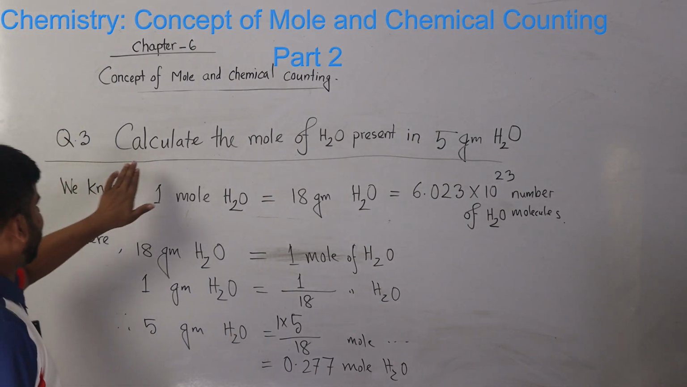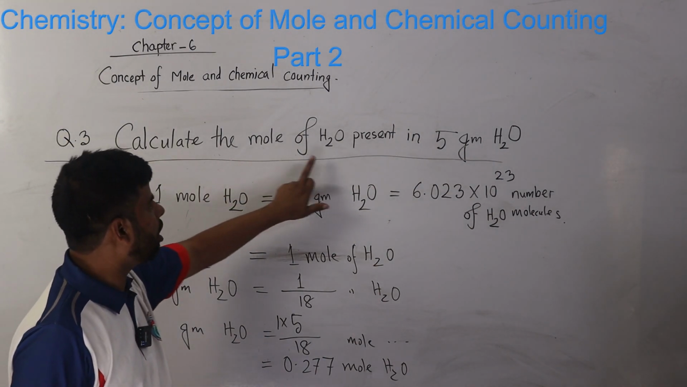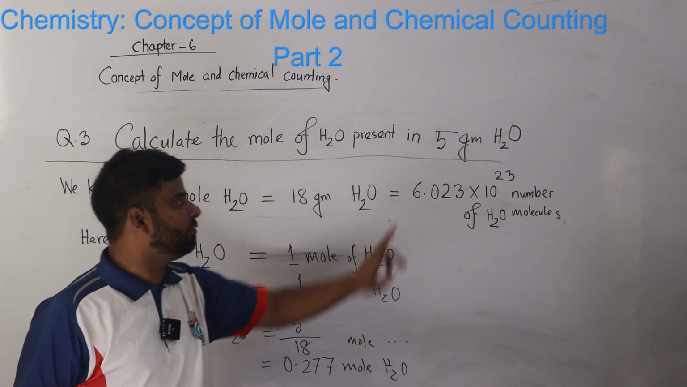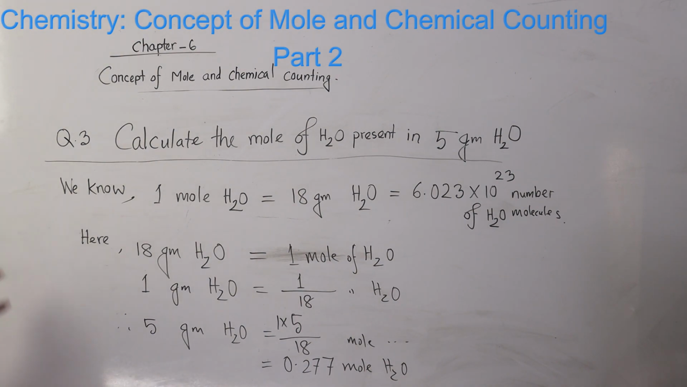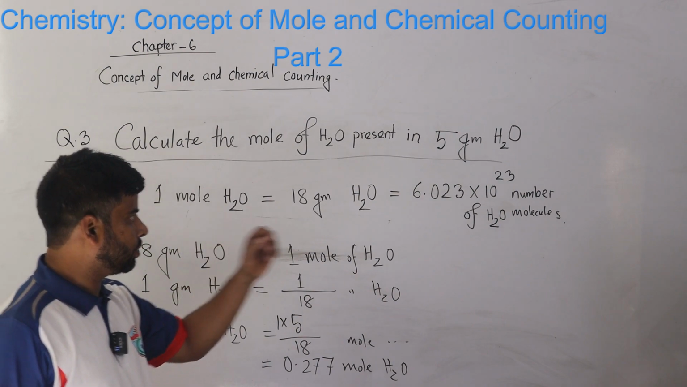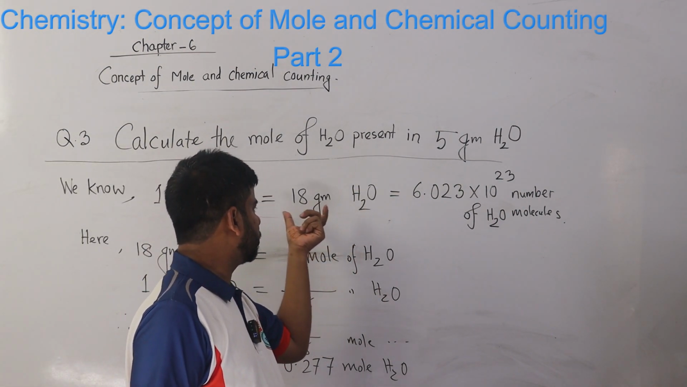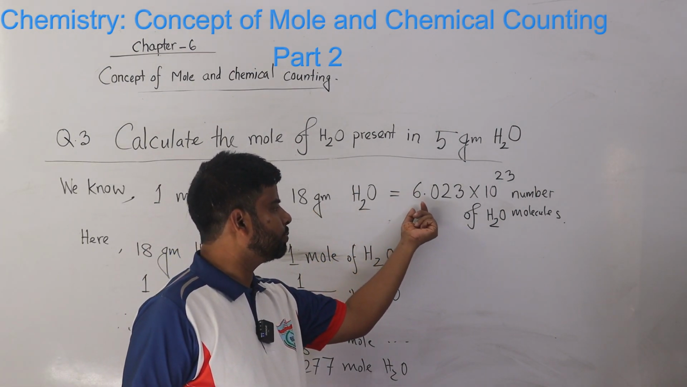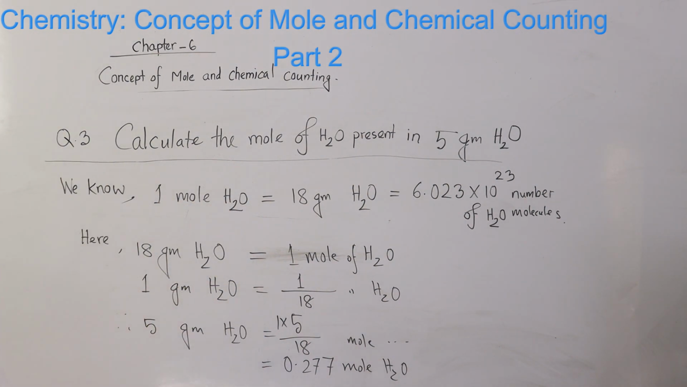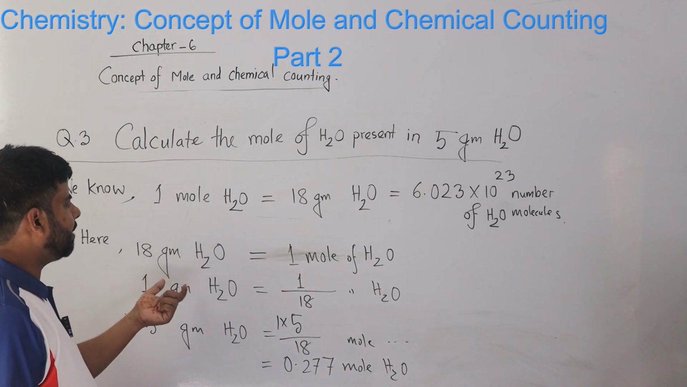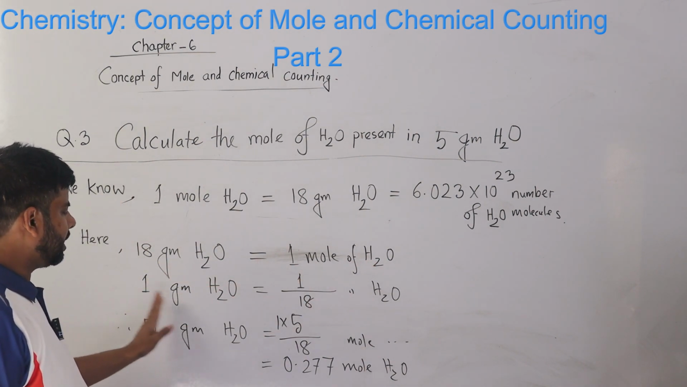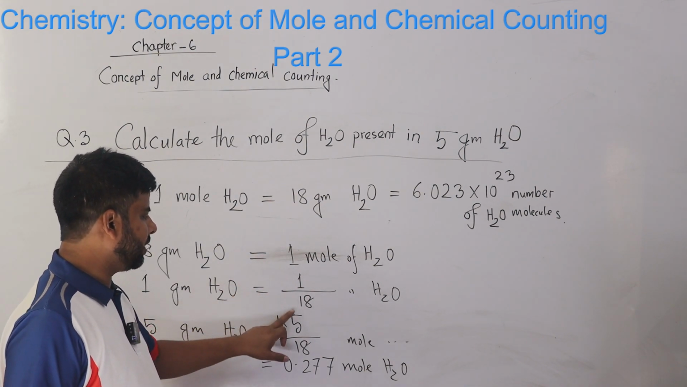Question number 3. Calculate the mole of water H2O present in 5 gram water. We know 1 mole water equal to 18 gram water. So 18 gram water contains 6.023 10 to the power 23 number of water molecules. So here 18 gram water equal to 1 mole of water. So 1 gram equal to, by the unitary method, 1 divided by 18